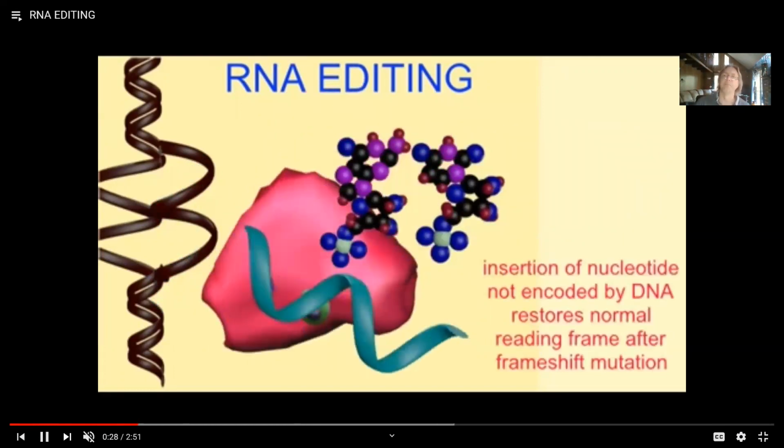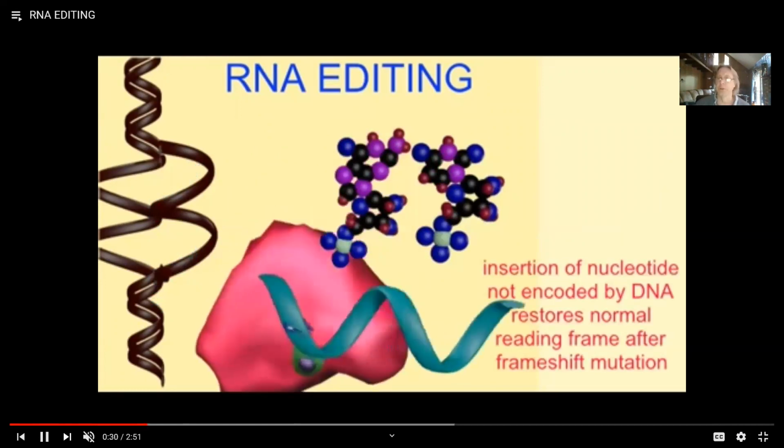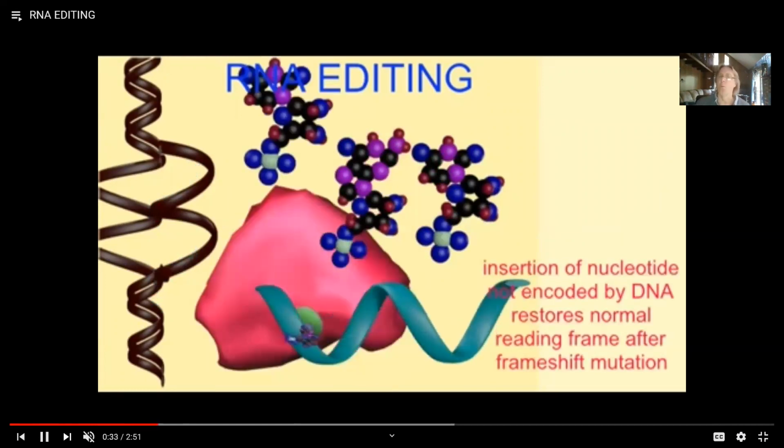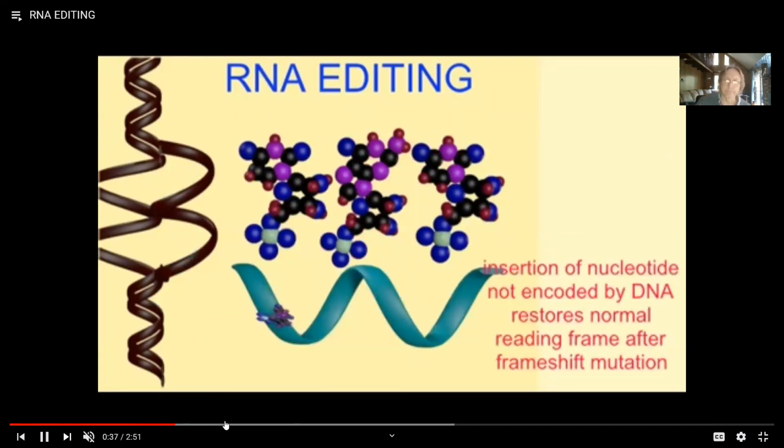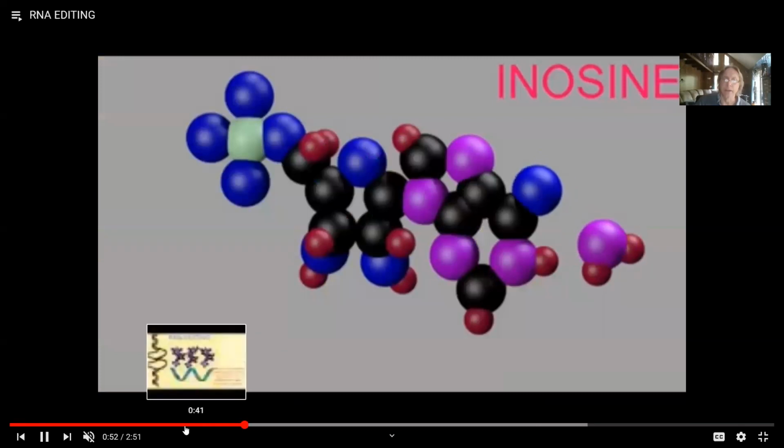So this is a form of post-transcriptional regulation. One of the important forms of RNA editing involves the creation of inosine, which is a modified nucleotide